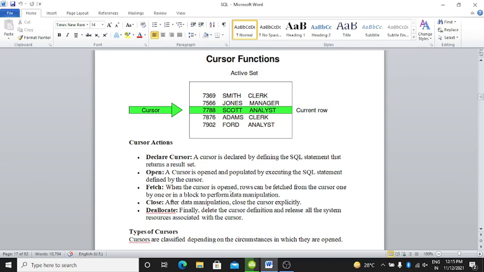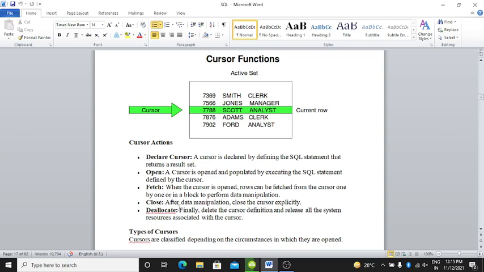When the cursor is open, rows can be fetched from the cursor one by one or in a block to perform data manipulation. Then close. After data manipulation, close the cursor explicitly. Deallocate. Finally, delete the cursor definition and release all the system resources associated with the cursor.